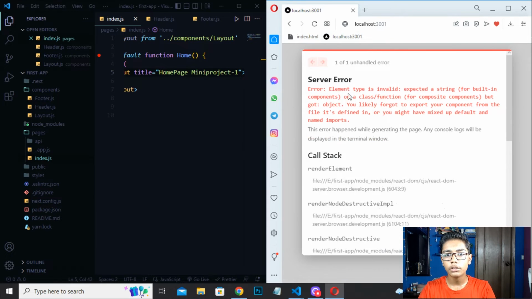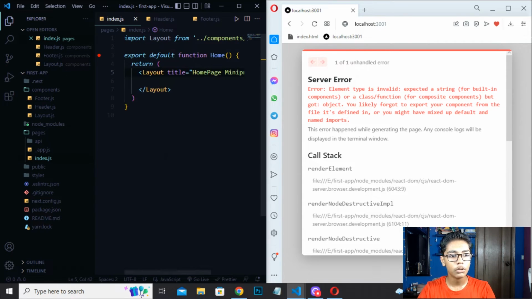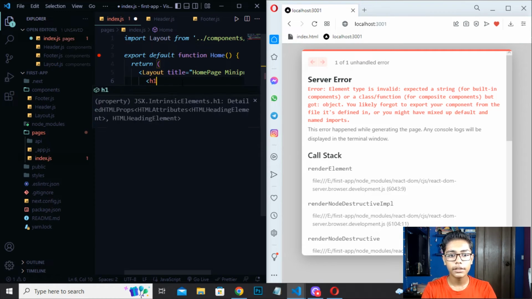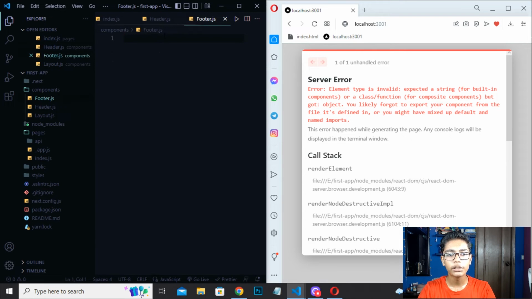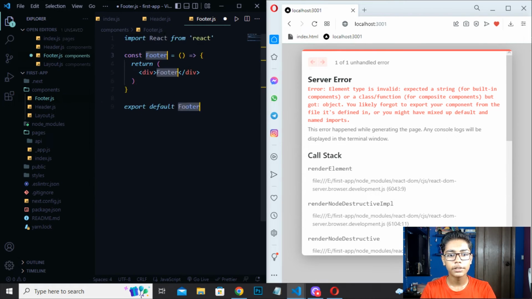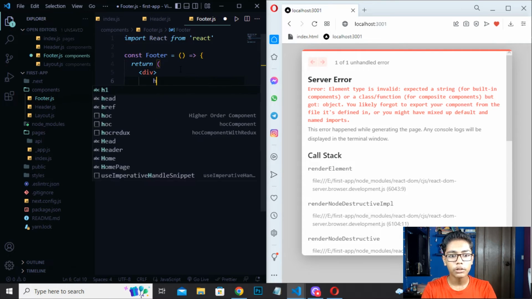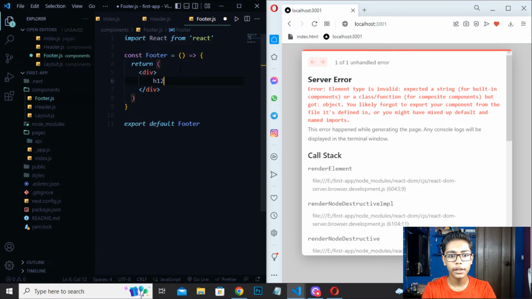And now if you reload, you can see you are getting the error here which is called the server error. So it means you have to manage this, and when you are getting this, you have to go back here and then write the h1 tag, and in this h1 tag I will be writing mini project. So here you have to write mini project now, then save this file here and reload. So you can see now just like that you are getting it. So here I'll be moving to header.js, go to footer, then you have to write RAFCE, then here you have to erase this footer and move down, and when you are moving down, you have to write h1. So here I will be writing h1.